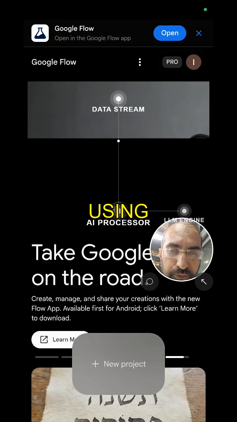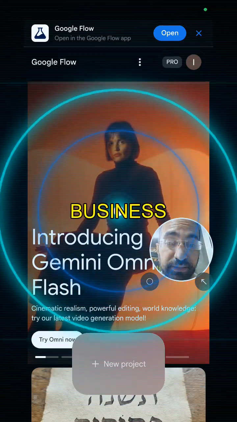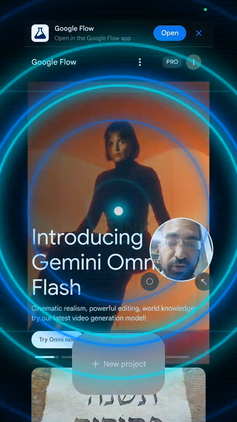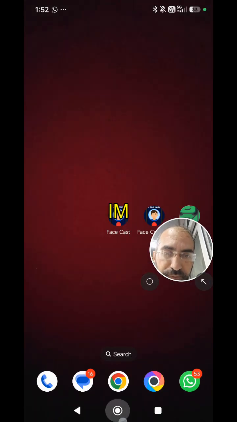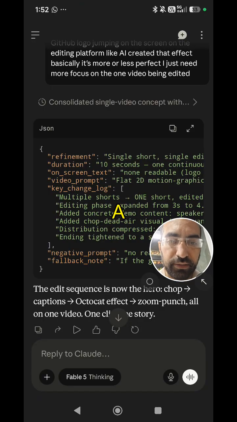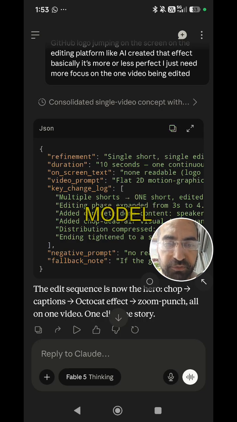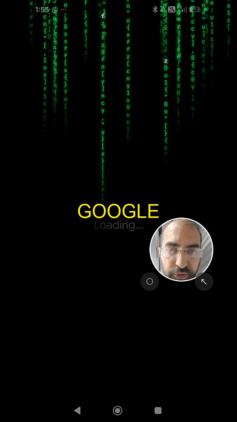Insane workflow for using Fable to create unbelievable animations for your business together with Gemini Omni. So I click on New Project. While that's loading, I'm going to click on Claude Fable and ask him to create a JSON prompt for the video that I'm trying to create. So I copy that prompt from Fable, and Fable is the best model to create JSON and to output the perfect JSON. Then I go back to the Google Flow,